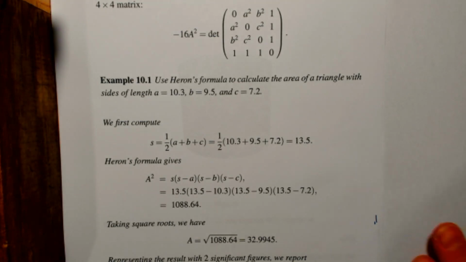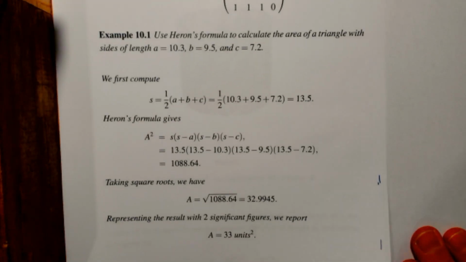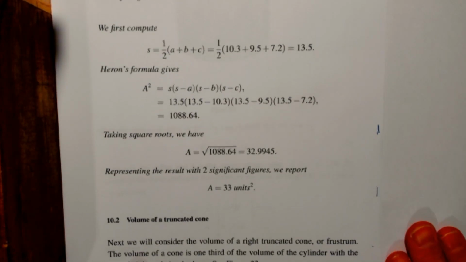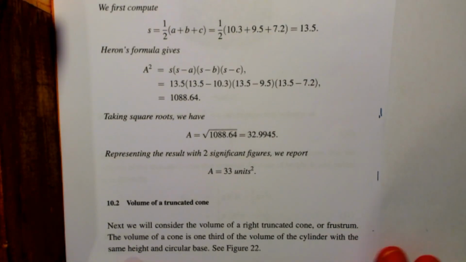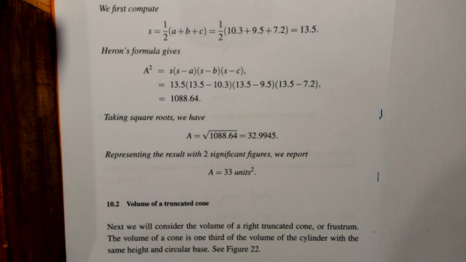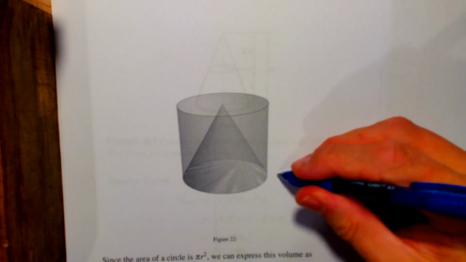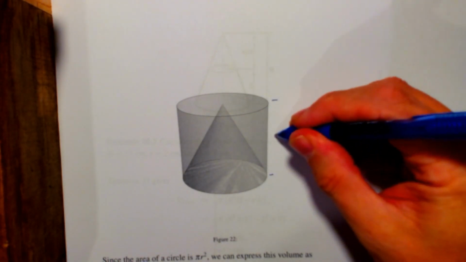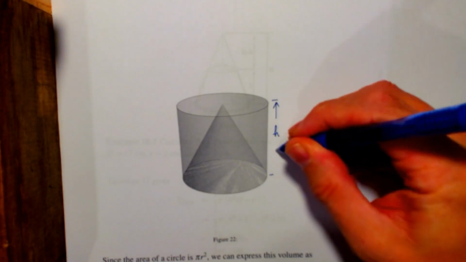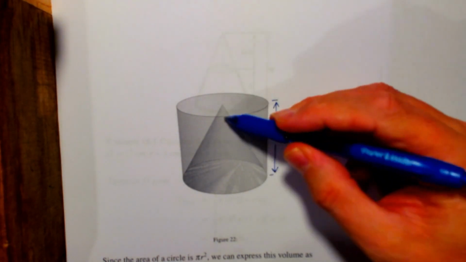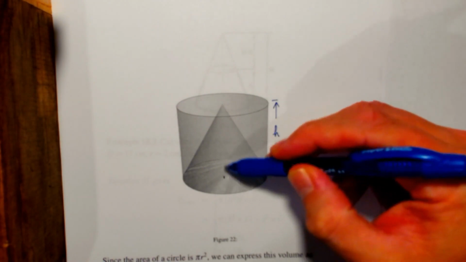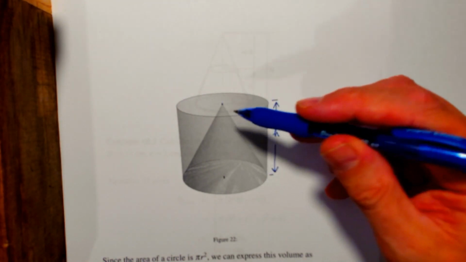Okay, let's move on to the volume of a truncated cone, otherwise called a frustum. The volume of a cone is 1/3 the volume of the cylinder with the same height and circular base. So let's have a look at figure 22. So here, for example, if we take this distance here to be the height of the cylinder that it fits into, or the height from the center of this circle to the apex of that cone,